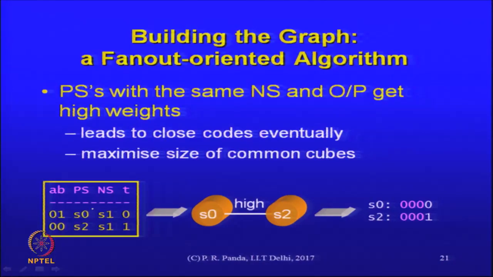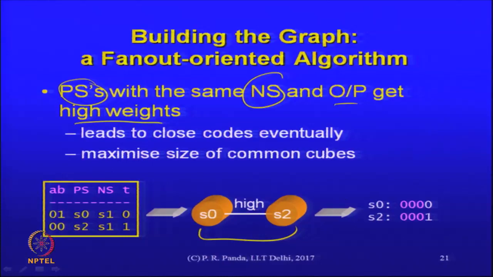Fan out just corresponds to one of those strategies. There is a different strategy that is also covered in the paper called fan in. We will look at one of them in detail. The idea of course is what we already said: if there are two present states with the same next state, and output of course is there, they will get high weights, which means the edge connecting them. This is the graph that is being constructed. So, that edge will have high weight if